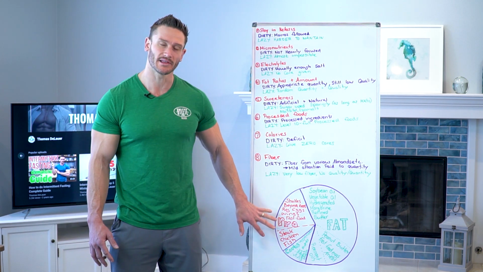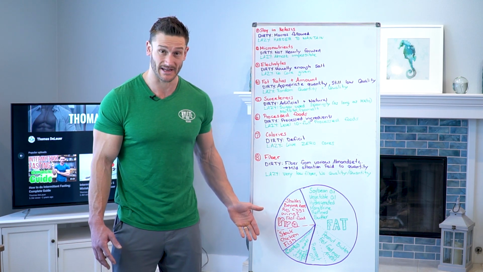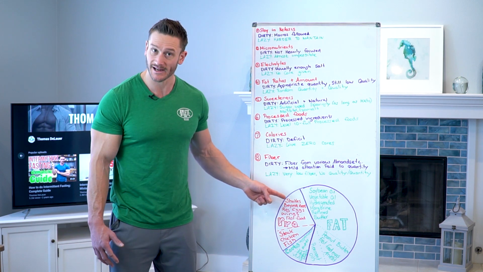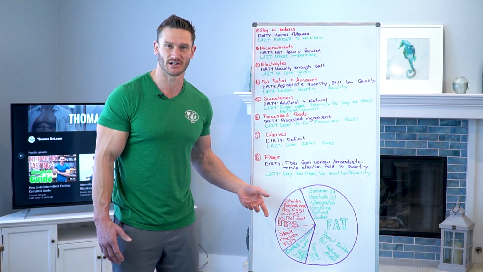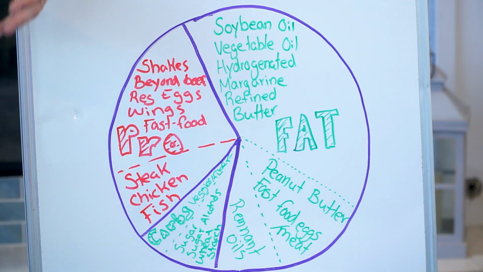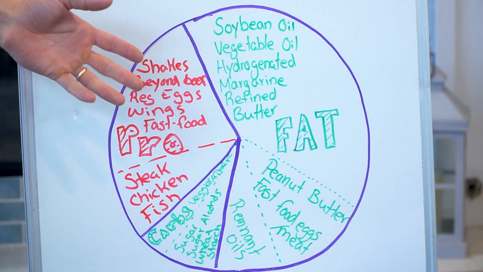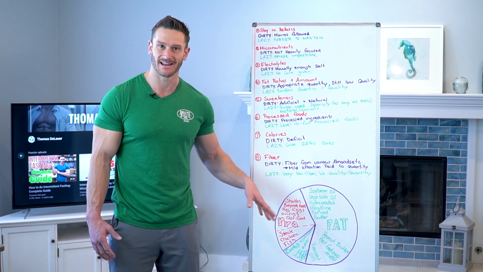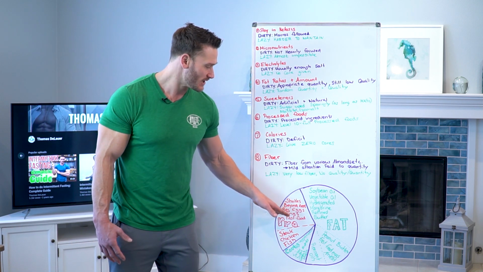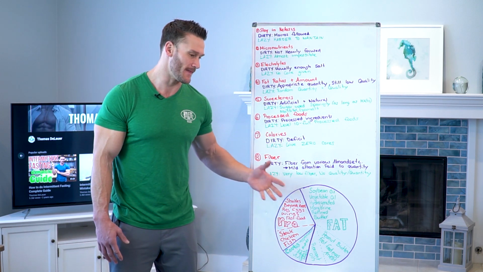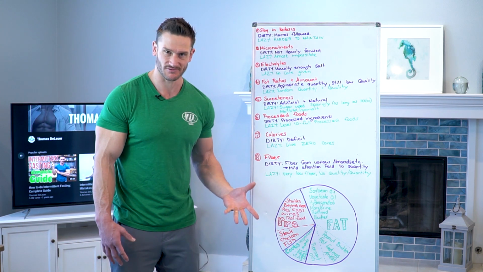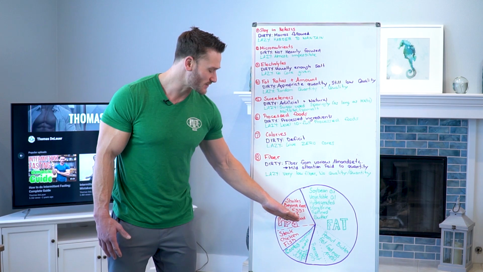Okay, protein with lazy keto, the lion's share of your protein is coming in from lower quality or easy, convenient, lazy protein. Lots of shakes. Oh, I need more protein. Let me have just a cruddy whey protein shake. Beyond beef, super convenient, but riddled with a bunch of preservatives and processed stuff, right? Regular eggs that you're not paying any attention to pasture raised or free range or anything like that. I put wings here again just because that's a perfect example. You go to Buffalo Wild Wings or something, you just load up on wings and get your protein that way, right? Fast food protein again.